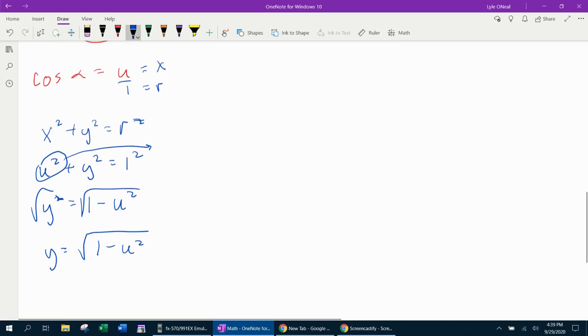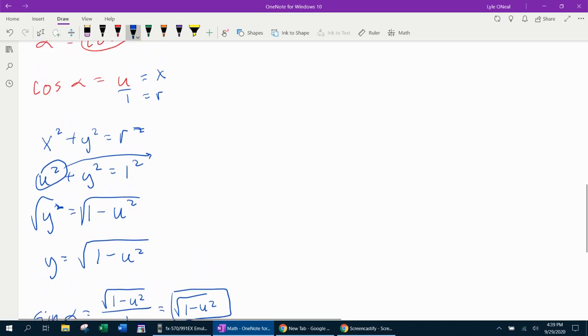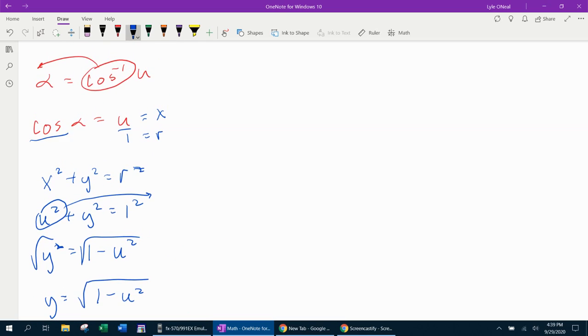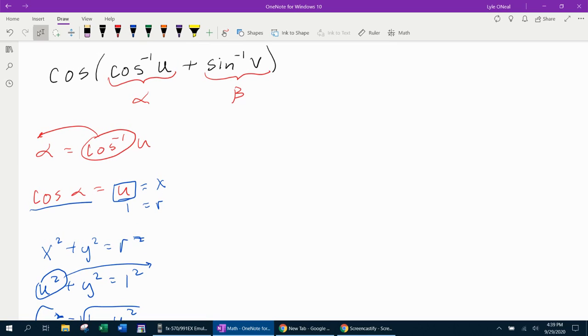So now I can find sine of alpha. Remember, sine is y over r, which would be the square root of 1 minus u squared over 1, which would be the square root of 1 minus u squared. So there's sine of alpha. And remember, cosine of alpha was u. Now then, for beta,